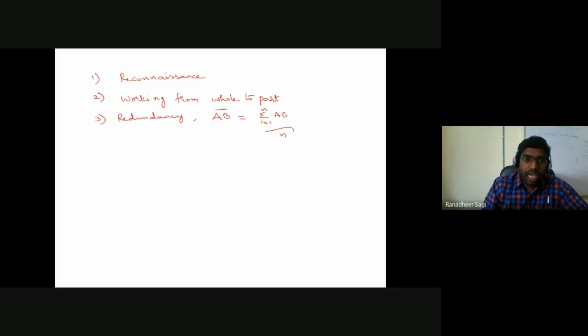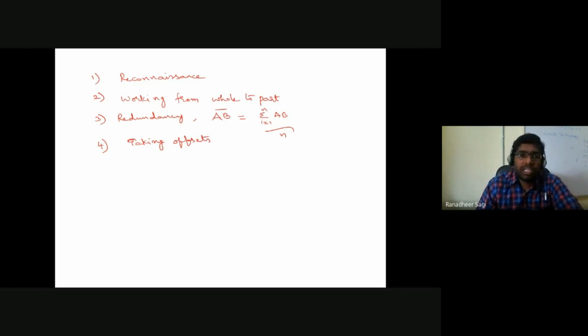So the purpose of carrying out or checking for this redundancy is to understand the accuracy of your work. Next, once you understand that the distance between your control station points A and B is roughly 130 meters, I'm just mentioning some number. Okay, so once you measure that distance, then your next objective is to take the offsets. Okay, so next we are going to be taking the offsets of various objects that you have in the field with respect to your survey line.